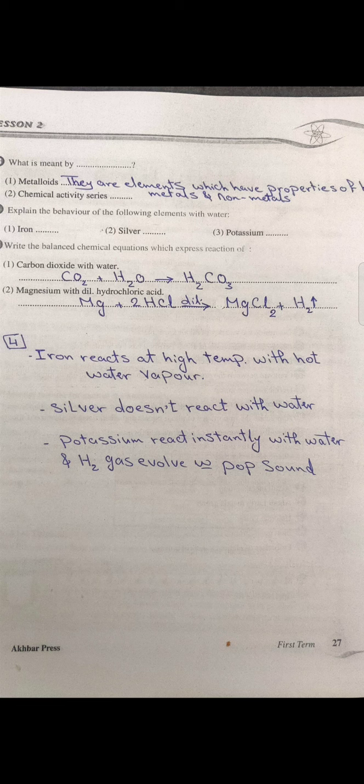Okay, let's move to solve question number 5. Write the balanced chemical equations which express the reaction of point number 1, carbon dioxide with water. As you see, we will solve this with an equation. The symbol of carbon dioxide CO2 plus water H2O. It will form carbonic acid,